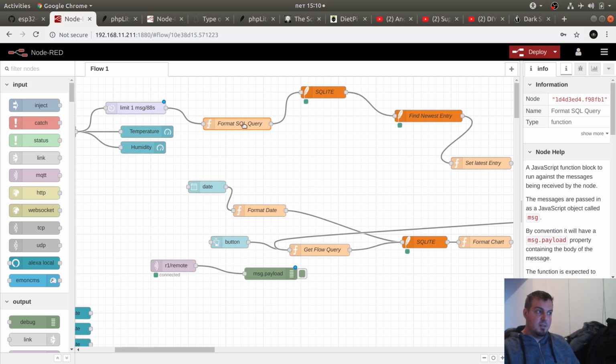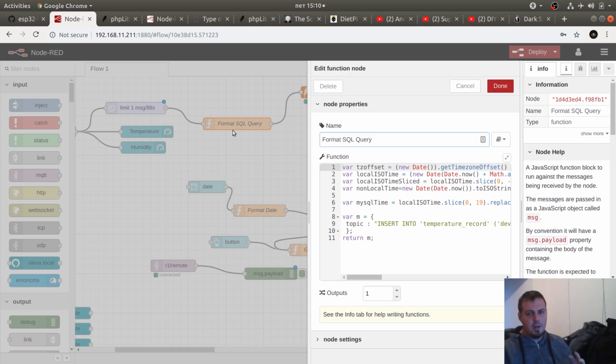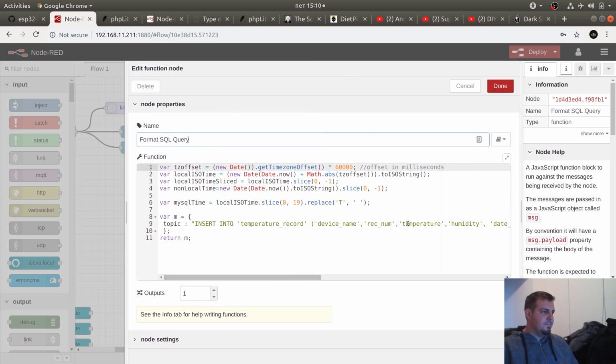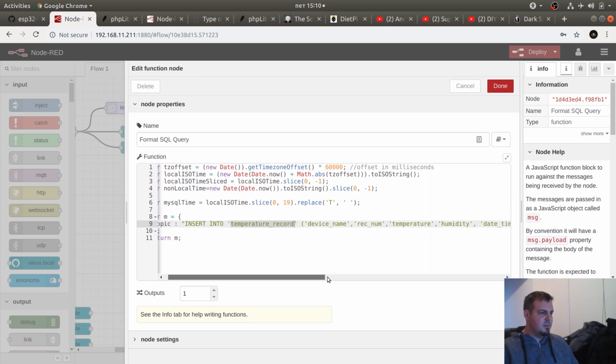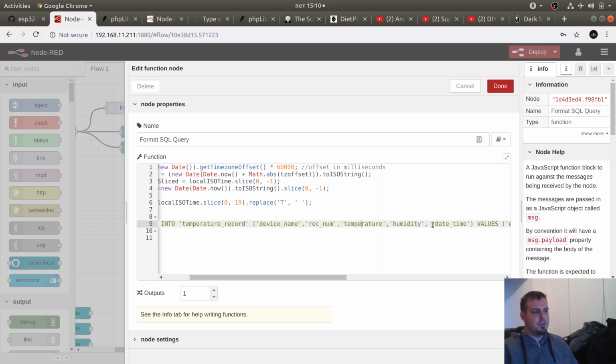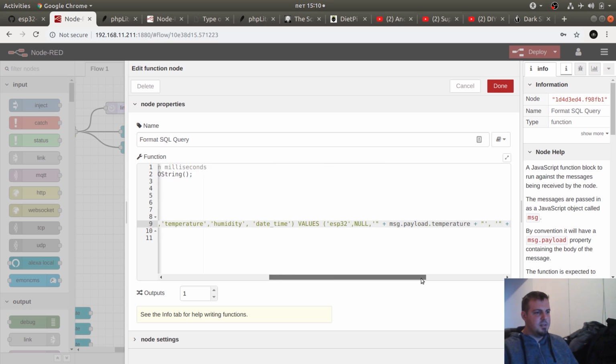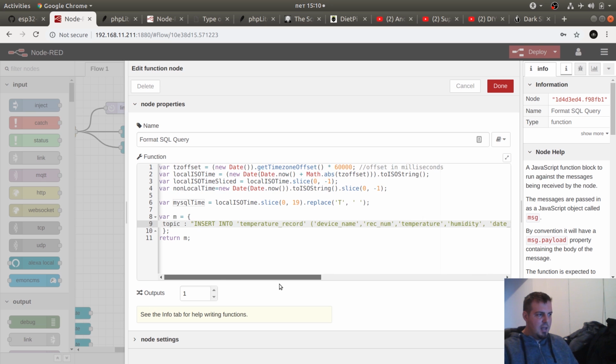So I'm formatting the SQL query. I'm formatting the payload that I got from the JSON. It's basically inserting into the temperature record where device name, rec number, temperature, humidity, date, time is. I'm sending the ESP32, the temperature, the humidity, and the time,